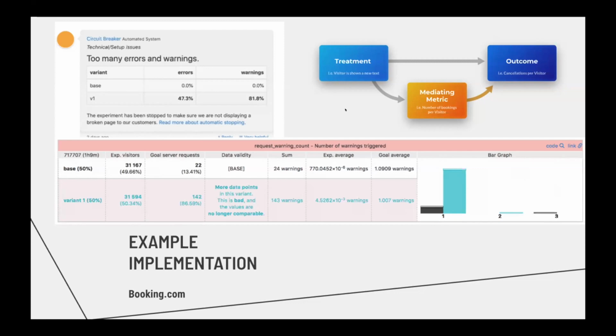Now, if you're familiar with mean time to detect and mean time to resolve, those are stats that IT groups use to try to figure out how long it took to figure out something was wrong and how long it took to make it go away. Well, at booking.com, when one of these alerts fires, they can literally detect and turn off inside of a single second. So you're going to a web page, you see something that's garbled or messed up, you refresh, and